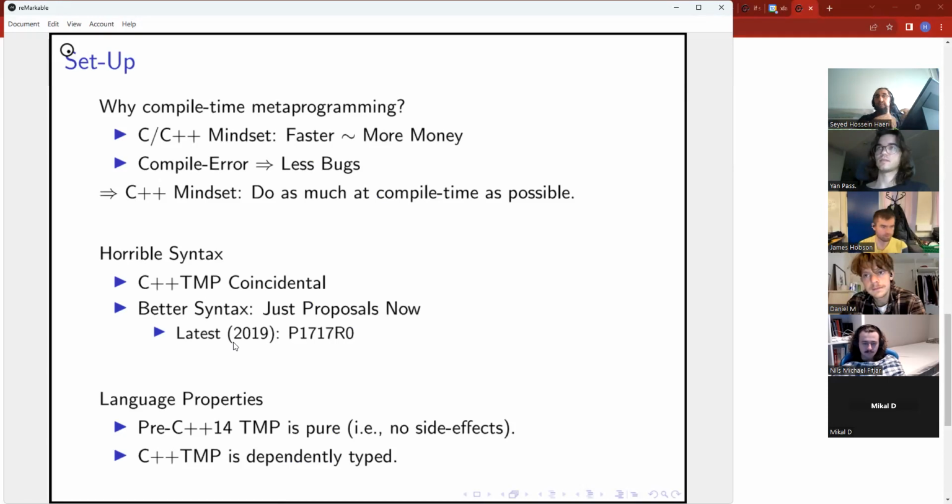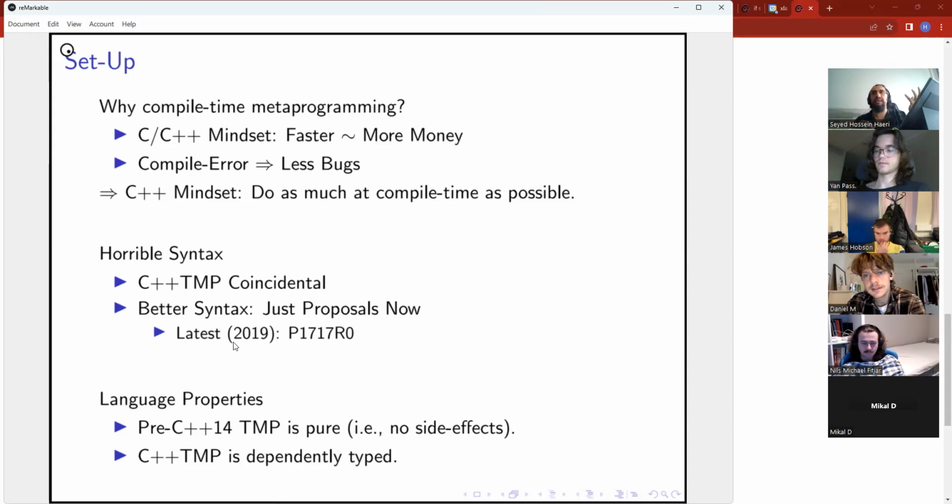And therefore my code is going to be faster, and that means more money, because I will win in the comparison, right?